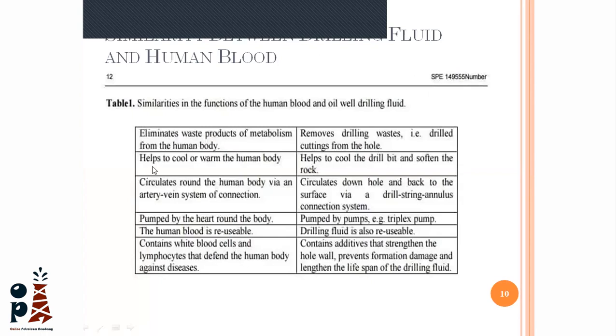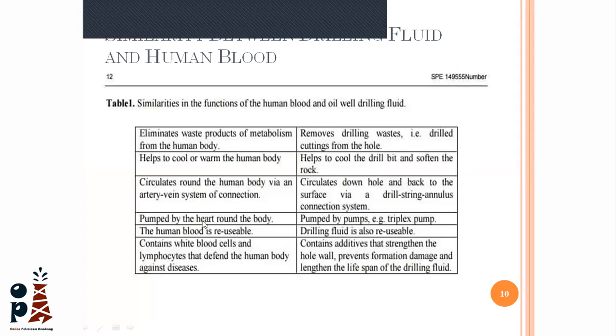Also, our blood is used to equalize our body temperature. If we are in a cold place, our blood helps us to warm up a little bit. If we are in a warm place, our blood helps us to cool a little bit. And the drilling fluid helps to cool and lubricate the drill bit and soften the rock. With the human blood,